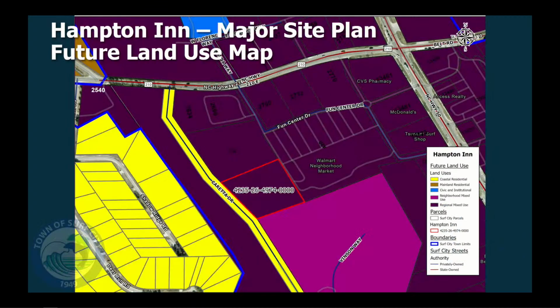Backing up to the future land use plan, while the use is allowed in the zoning district, I always think for a major site plan, it's beneficial to show the land use plan, just showing that it identifies the property as neighborhood mixed use, as is the majority of all properties in the area. The yellow identified on Coretta Drive is just a GIS remnant. It shouldn't be identified as anything. And then of course, you have the coastal residential to the far east of the existing Deer Run subdivision area.